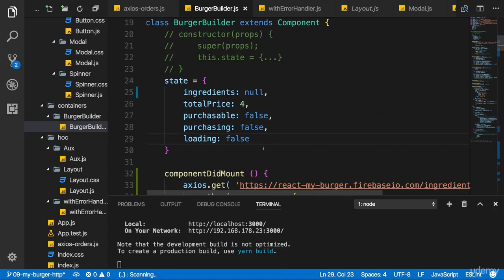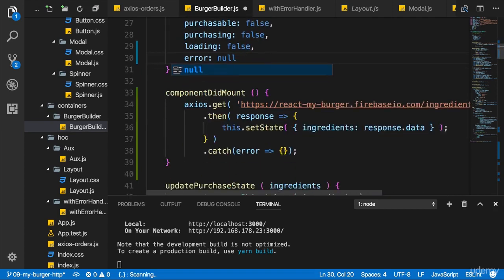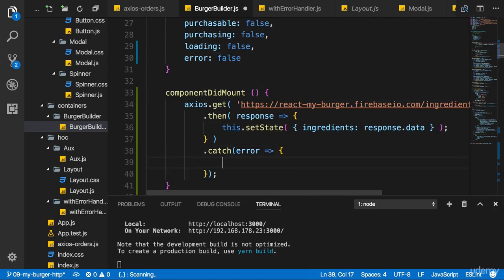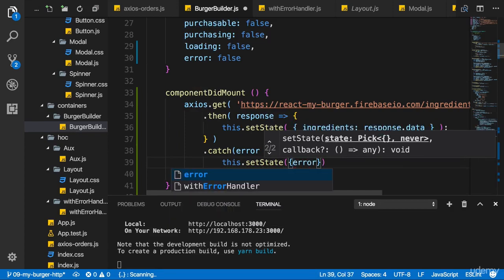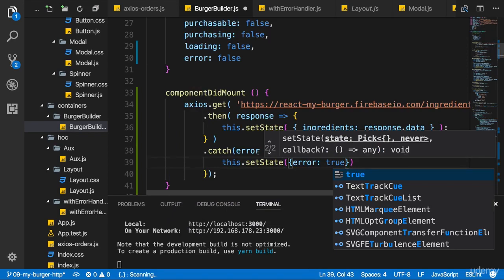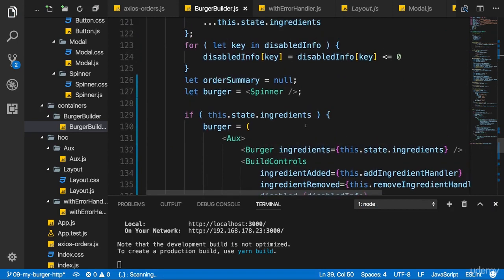So there we could also set some error state. So now in the burger builder, which is null initially, or false maybe. And then inside here, if we get an error, if we catch this, then we call setState and set error to true. Now with that, we can go down to the render method and we want to output an error message for this case where our application becomes unusable. Here we set burger to spinner. Now we actually don't want to show the spinner, but the application is not usable at all. Error message if we have the